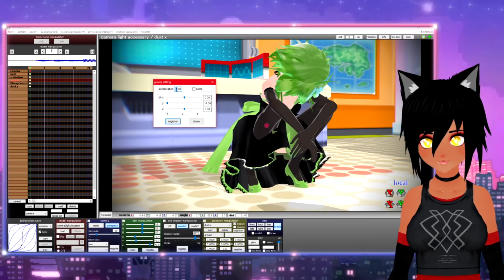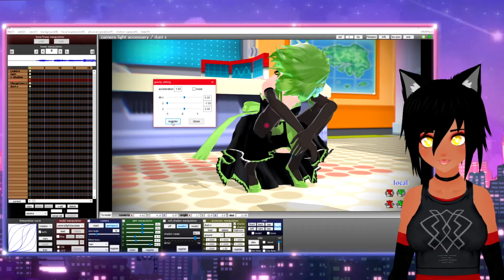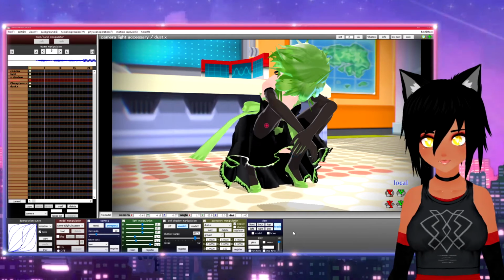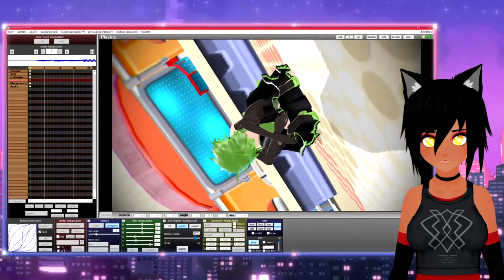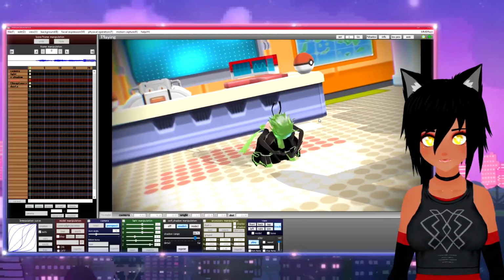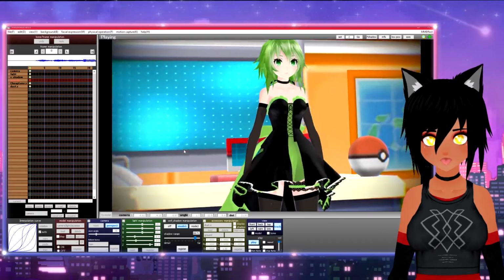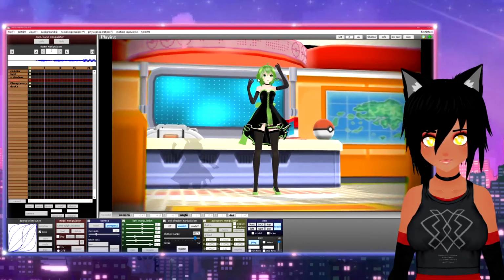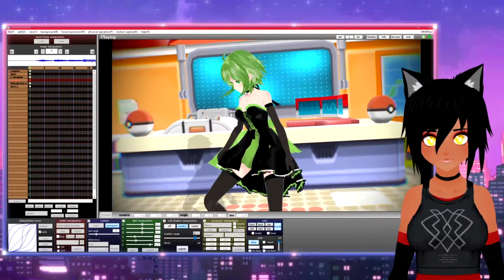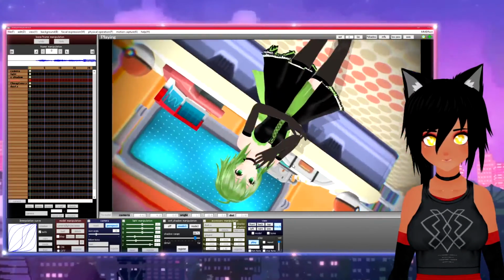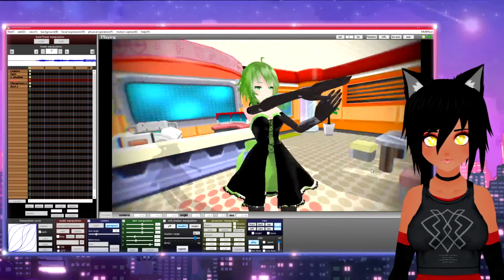Let me just show you what it would look like with a 1, because she does have that ribbon there. Of course, click register, and then close. And then if you were to play it, when she starts moving is really when you'll see. See, now it's a little bit more floaty, and the hair floats a little bit more. It floats up a little bit. It's not really as gravitational. Oh, her ribbon is just going everywhere.